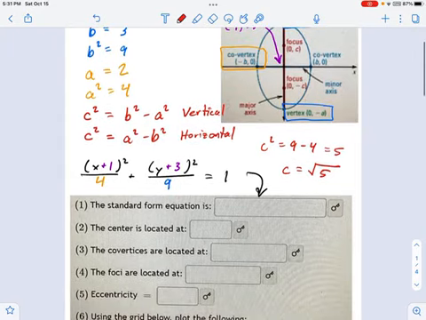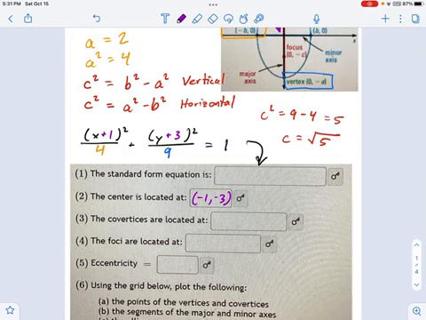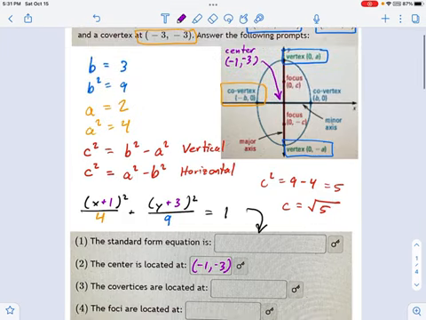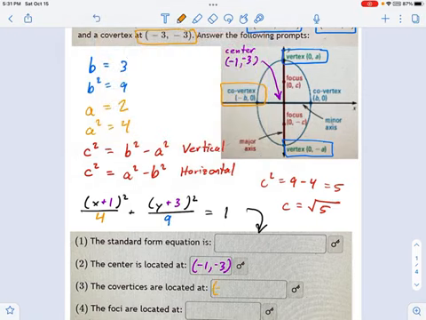So let's start putting some things in here. First, we already talked about the center earlier. That was -1, -3. That one you can just get by looking at the symmetry of the foci. The covertices, one of them was given to us, so this should be pretty straightforward. One of them is located at -3, -3. So where's the other one located? Well, if -3, -3 was 2 to the left, then 2 to the right is going to be 1, -3, right? 2 to the right of the center.